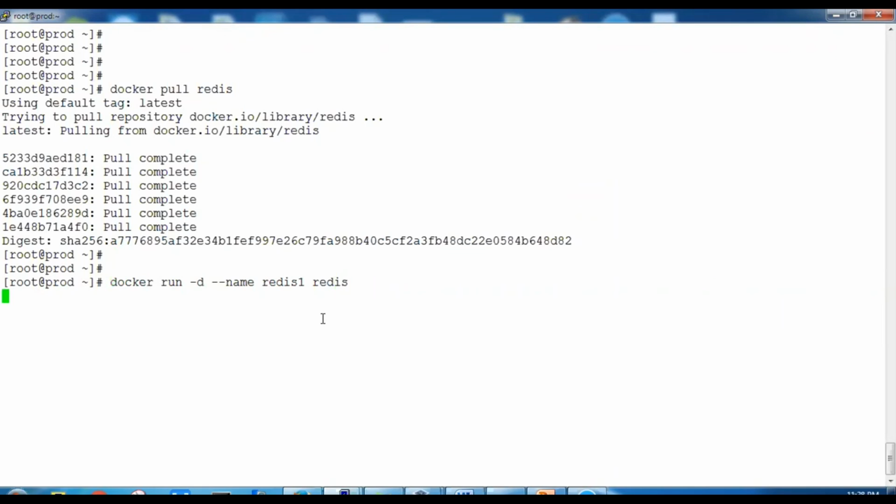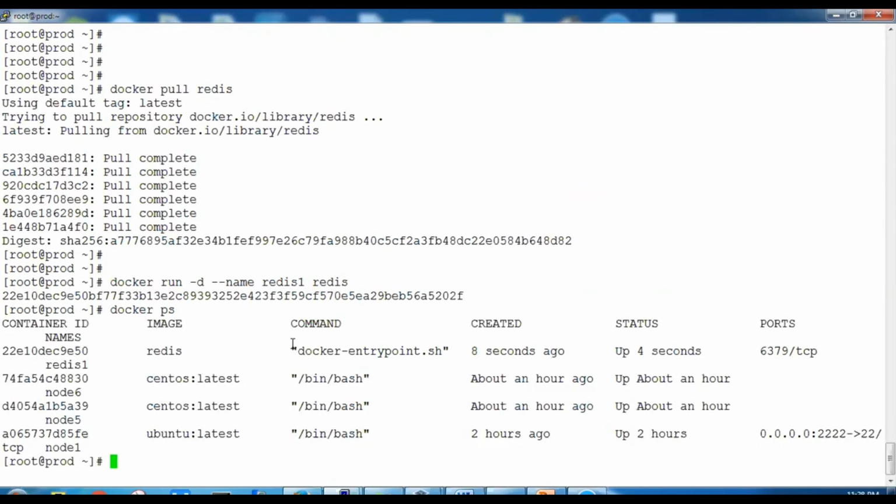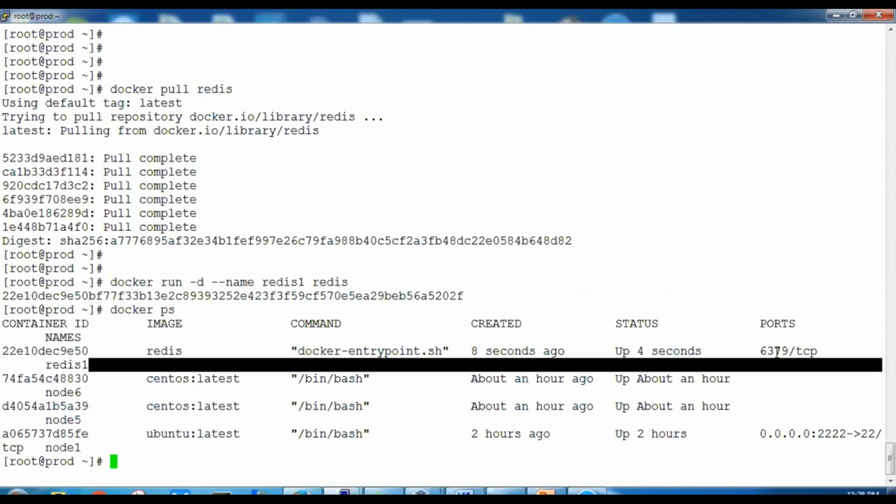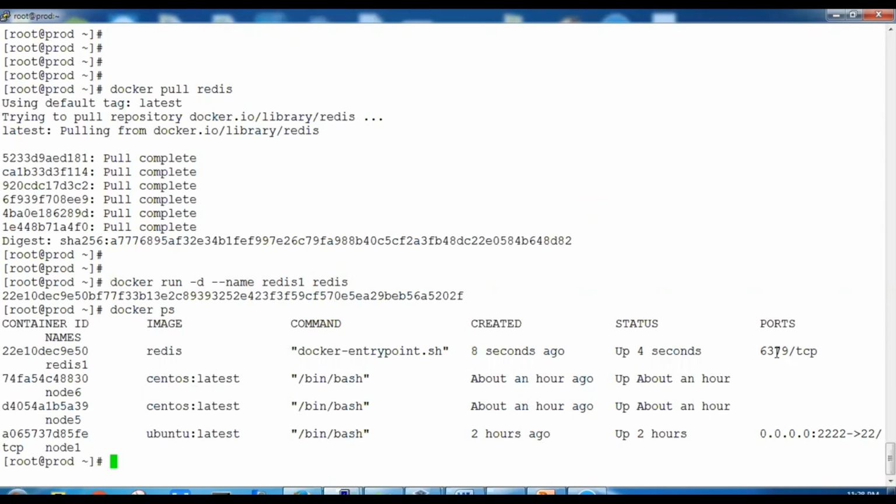This will create a container, and it will start in detached mode. When we say docker ps, we can see that Redis is started, and it started on port 6379. So this container is successfully created.